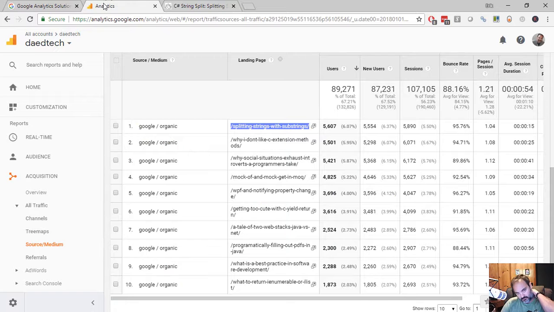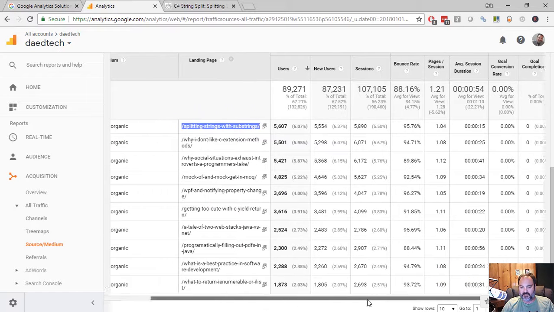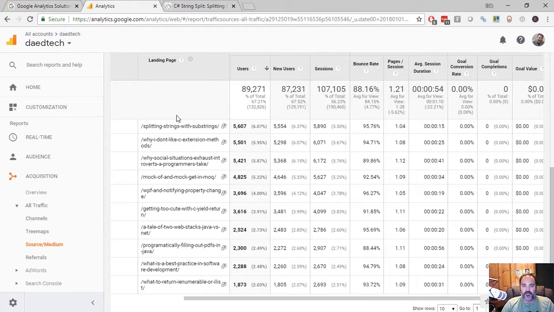Now, what I'm interested in looking at here, if I'm thinking about what it is I want to do, you know, why do this at all? Why would I want to do anything to an old post? Well, if we look here,